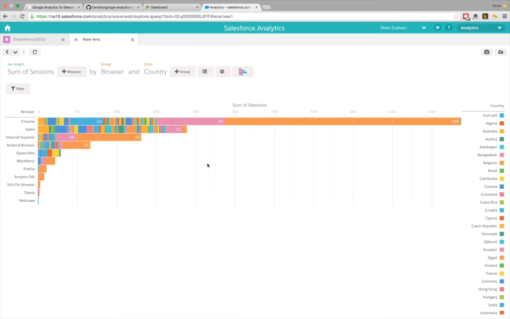So that's it. That's the demo. So just to highlight a couple of key things. So it integrates with Google Analytics, allows you to create data sets in Analytics Cloud, and it's all built and